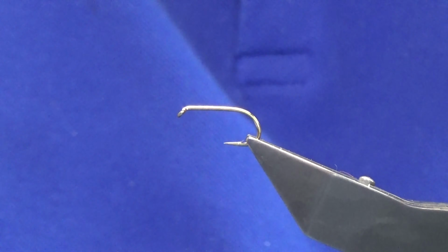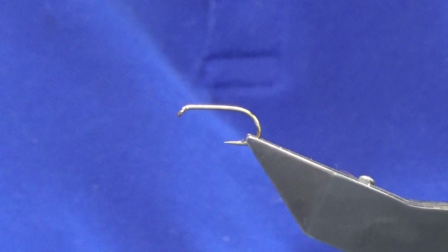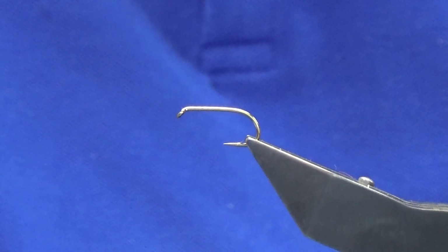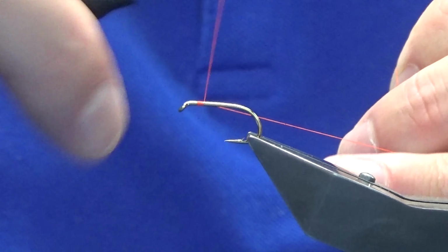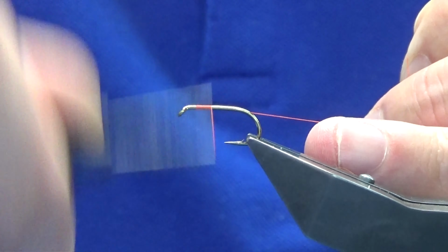So we're going to tie the black and orange. The hook and the vise is a Kamasan B175 in size 10. I'm going to start off using a Uni thread, yellow and fire orange. That's just to keep in sort of a contrast with the colour of the body. So I'm just coming a couple of mil behind the eye of the hook,